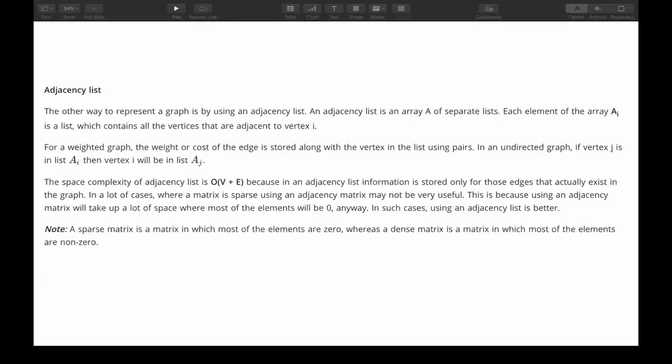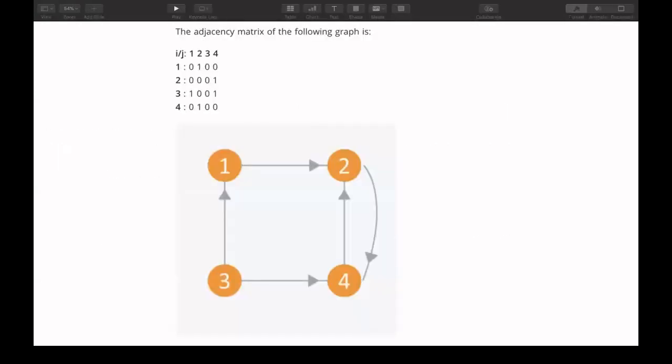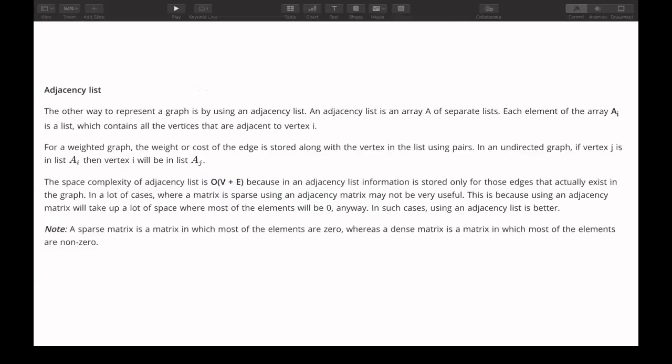In the matrix case we had a lot of zeros, but the zeros are not necessary actually. What I need is the indexes where I have the value one, because they represent that I can go from a particular node to another node. So I've got nothing to do with the zeros. The adjacency list tries to get rid of these extra zeros. That's why it is memory efficient, because it takes O of V plus E memory, where V is the number of vertices and E is the number of edges.